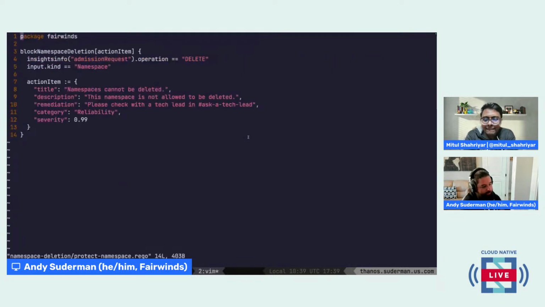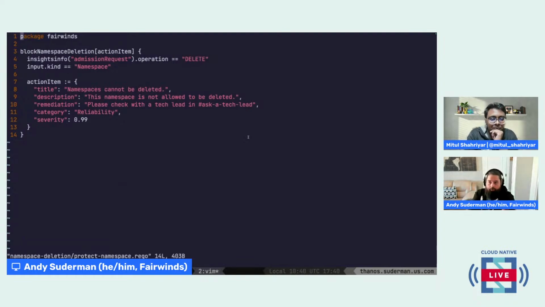RBAC basically says what people can do, right? You can create policies that say you are allowed to create namespaces, you are allowed to delete namespaces. But you can't specifically say via RBAC that this namespace isn't allowed to be deleted. You could say you don't have the ability to do that.